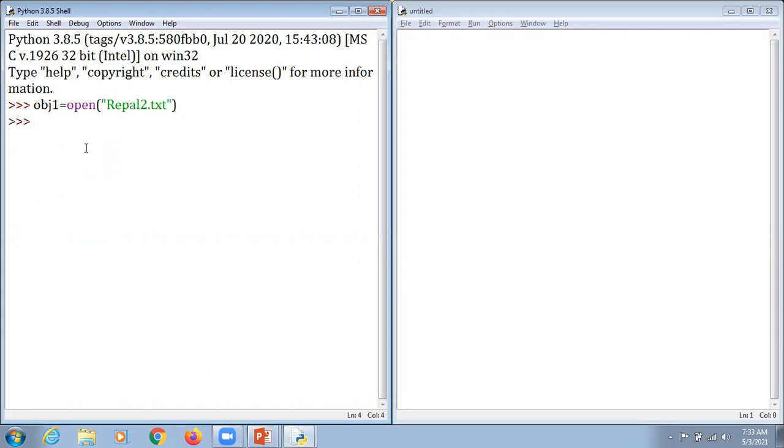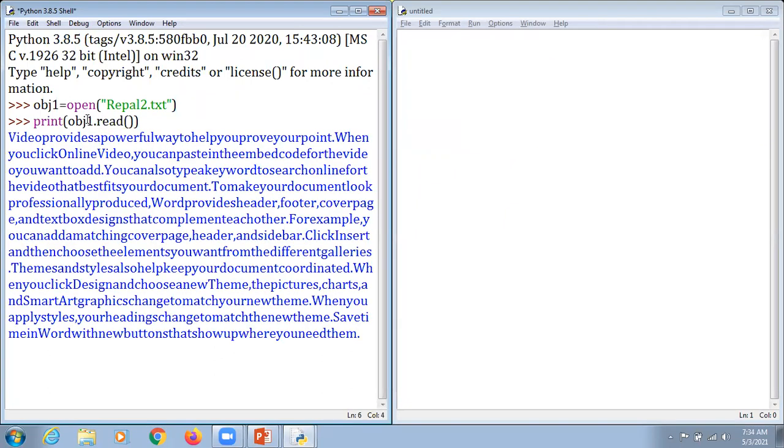After that, we mention print, obj1, the file object, which we can also call the object handle, and then read, and hit the enter key. It returns the content here.